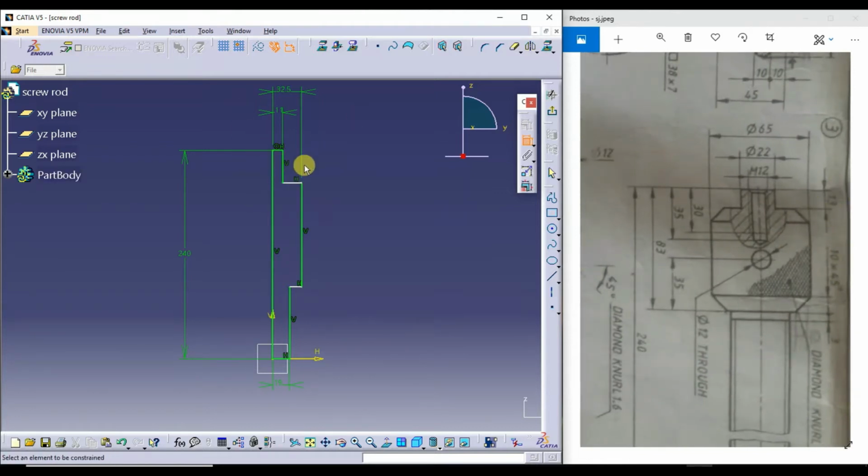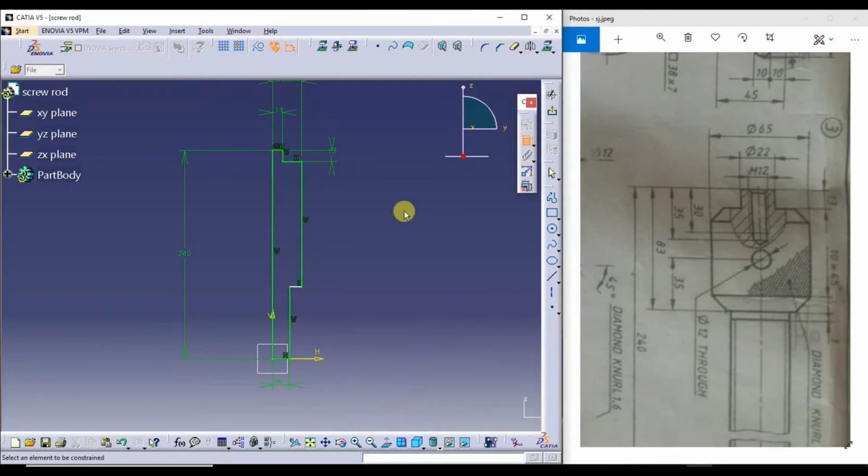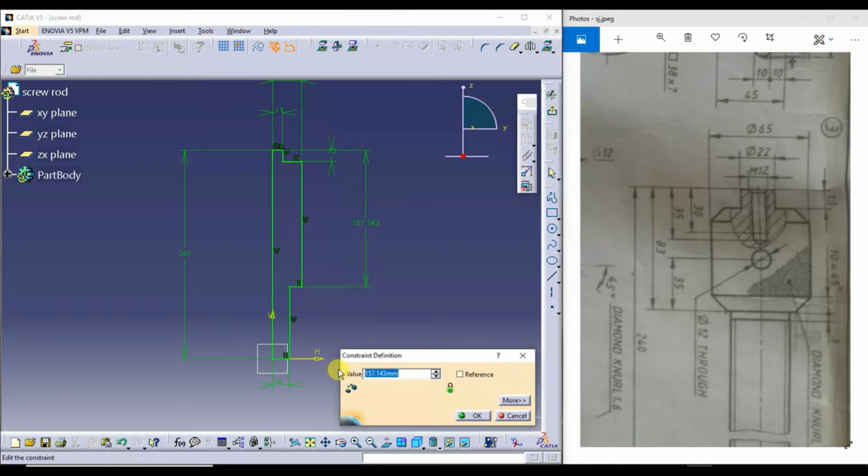From here to here it is 13. Next one is from here to here it is 83.